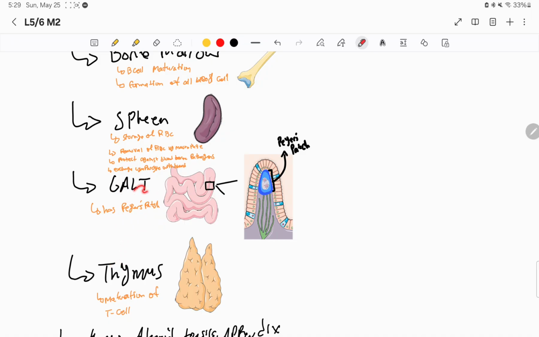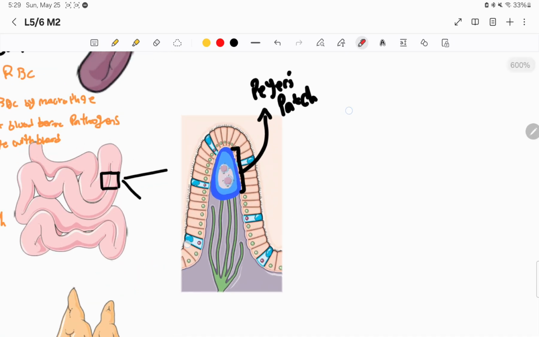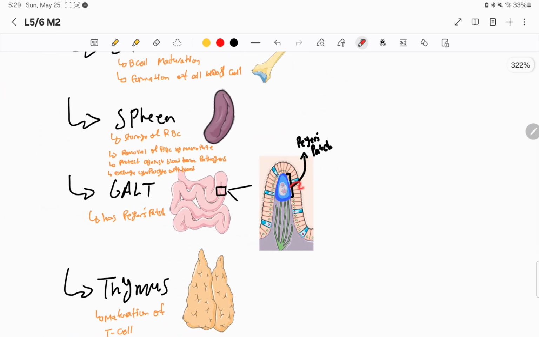But this guy specifically, this GALT, if I zoom in on, for example, the small intestine, right? I'll see that here are the cells that make it up, and underneath all these cells, there's an area where immune cells are located, and this area is called the Peyer's patch, okay? It's just an area where immune cells are localized, and they give protection towards the